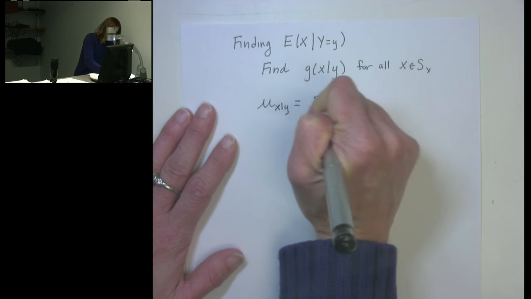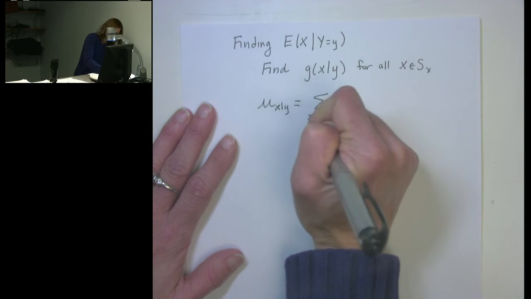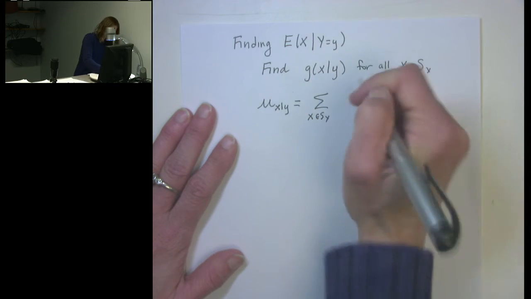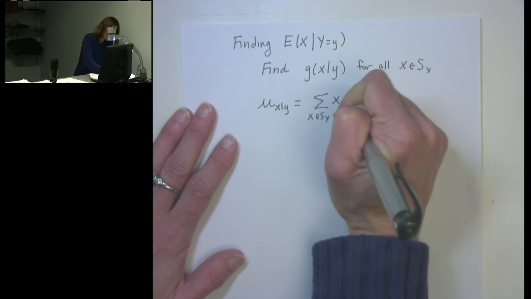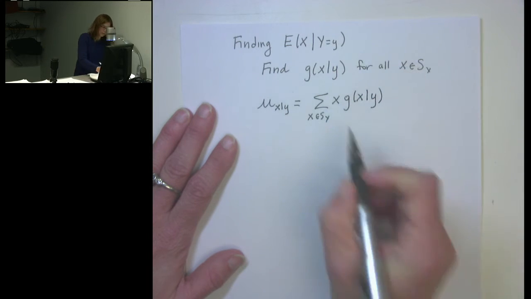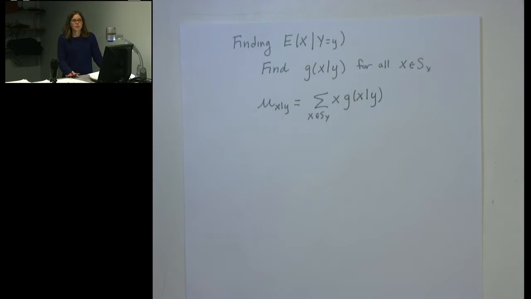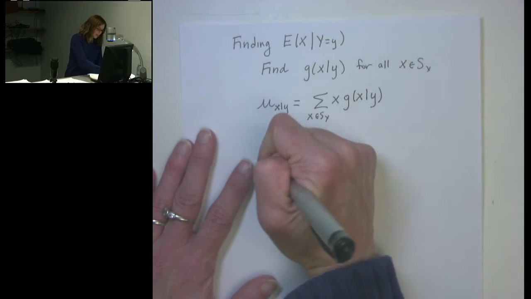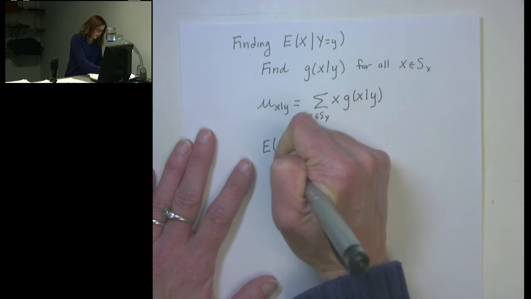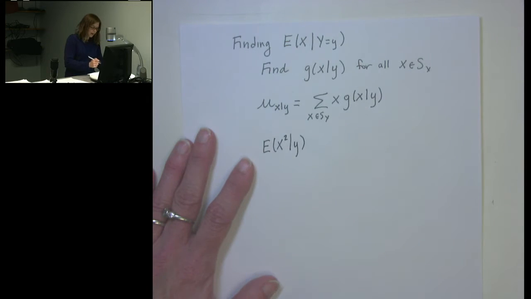by adding over all the values in the support of x times this conditional probability that x equals x if y is y. I'm going to do an example, but just to kind of walk through how to do that. If we wanted to find the expected value of x squared, given that y is equal to a particular value little y,